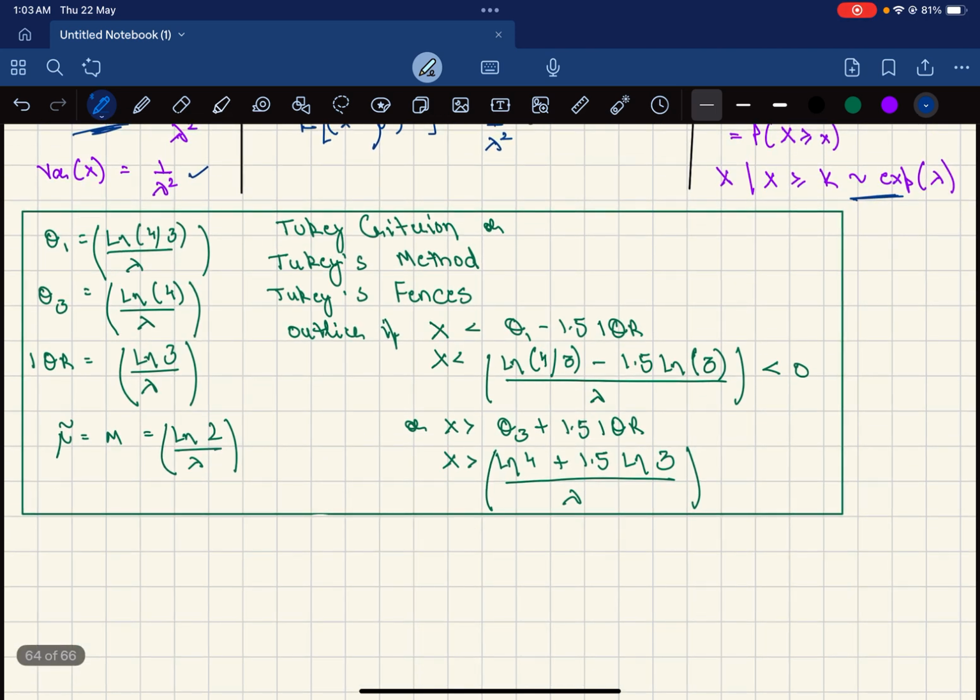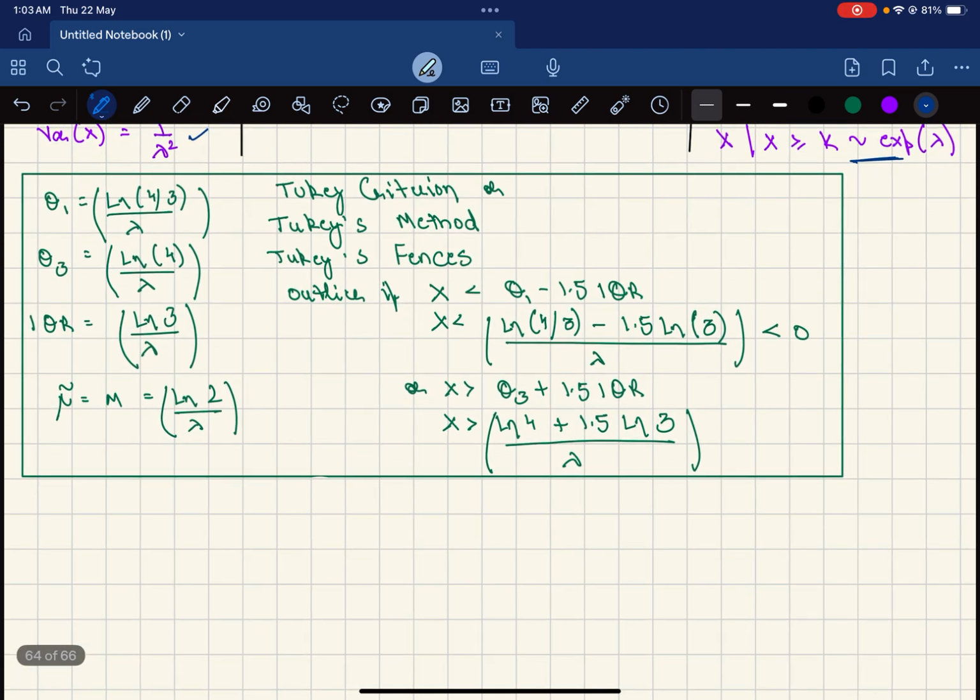Then we had also looked at the Tukey criterion to get limits for the outliers. We got the first and the third quartile, as given here, and then using the difference between the first and the third quartile, we got the IQR, which was the interquartile range. According to the Tukey criterion, any value of the random variable which is less than q1 minus 1.5 times IQR would be considered as an outlier from the left side of the distribution.